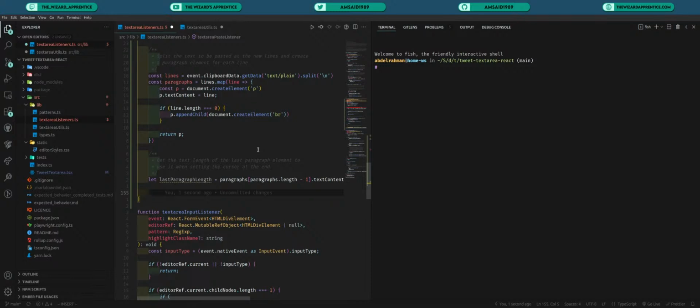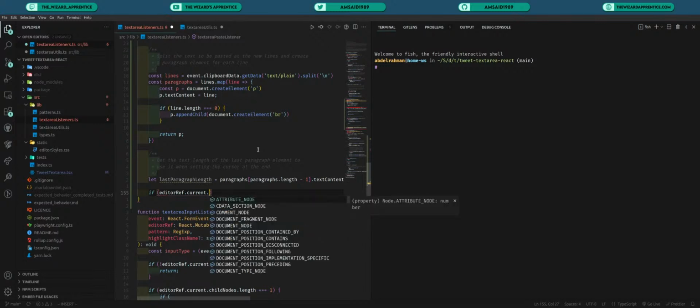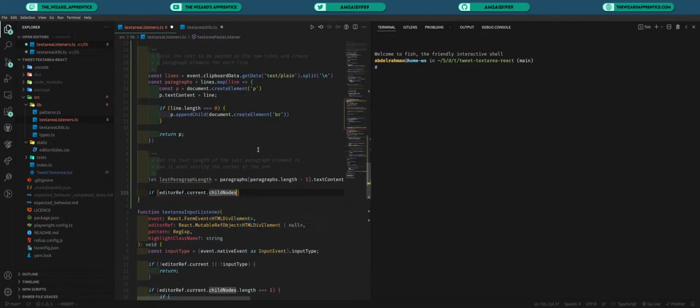In this case, all we need to do is add all of the paragraph elements we have to our editor, and then do the formatting for each of these paragraphs. So if editorRef.current.childNodes.length equal 0,